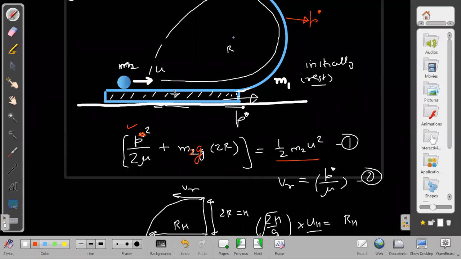Here U relative was equal to U itself. So we are getting this answer so easily. It is an easy task for us to do. But now I want to make modifications. The modification will be, I don't want to find where it lands.